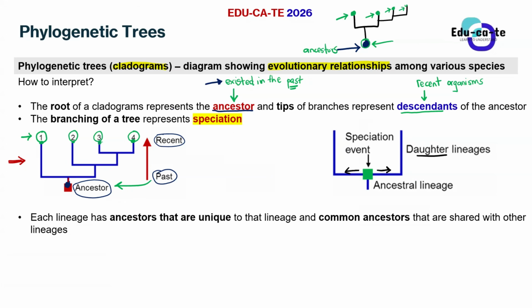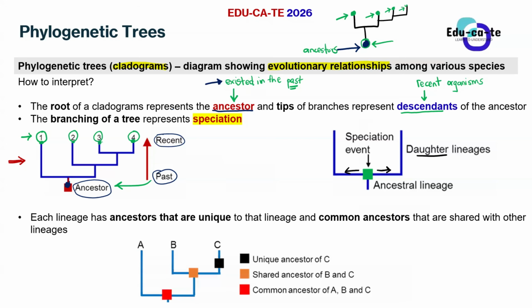But we can split our ancestors into two different parts. We have got unique ancestors. We also have got common ancestors. I'm sure you've already heard about common ancestors. We've talked about them quite a lot, but I will repeat once again for this particular context. Unique ancestors, common ancestors. Let's use a diagram to show that.